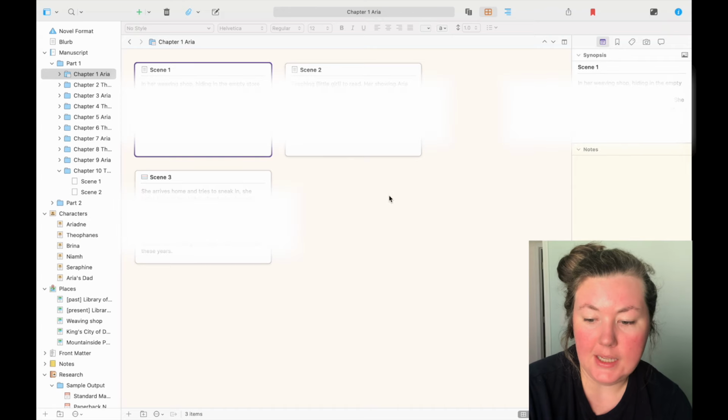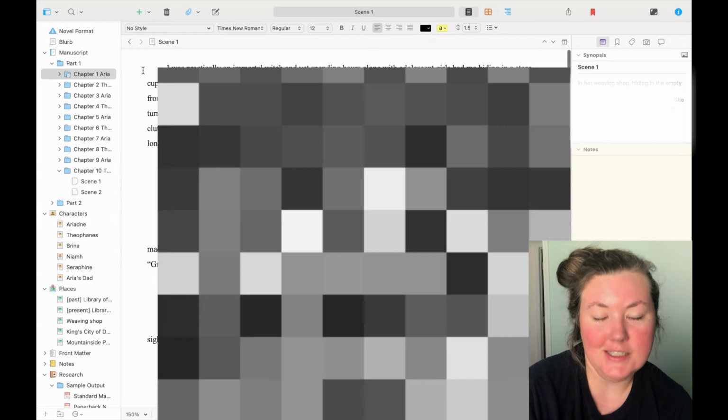I was really stuck on a few things, and I'm a very visual learner, and the way that I do everything is visual, but having the scene cards that they have to be able to break down each chapter by scenes, and then I can go into it. I'm gonna screen record so we can talk about this at the same time. So I have my scene 1 scene card, and then I can open it,